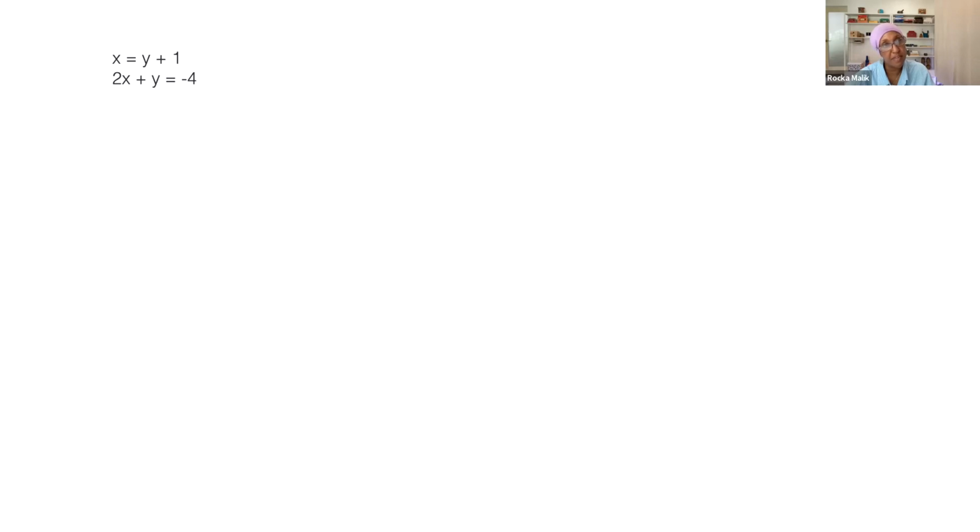So in place of the x in the other equation, I'm going to put this y plus 1. So I have 2 times (y plus 1) plus y equals -4. And I'm going to distribute the 2 into everything inside the brackets. So 2 times y, 2 times 1,